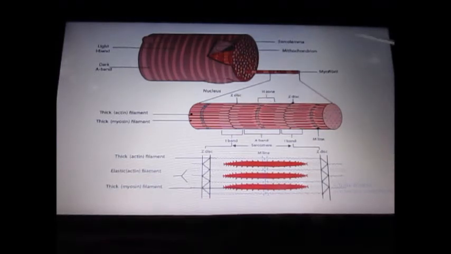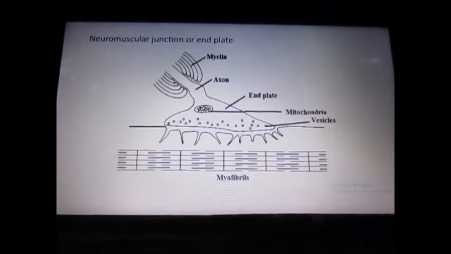The part between two light zones, like a Z disc and a Z disc, is considered as the unit of contraction, also known as sarcomere. So sarcomere is the region between two light zones, and in the sarcomere we find both actin and myosin. So to make the contraction, what happens? First of all, we have